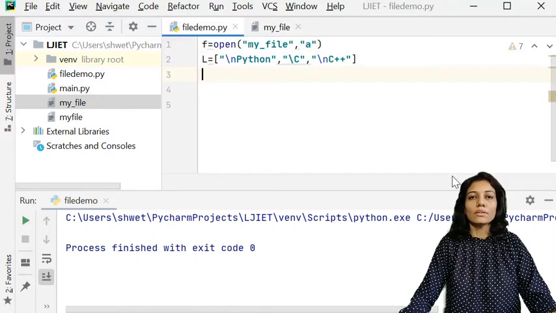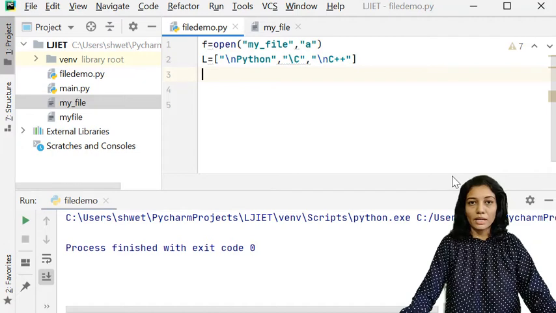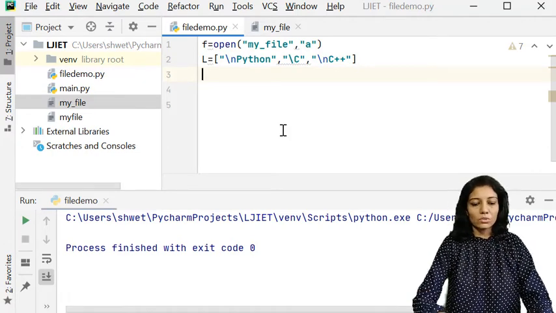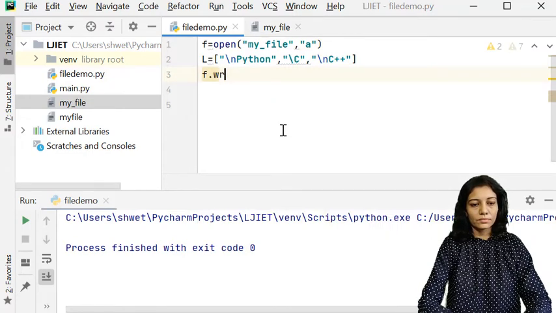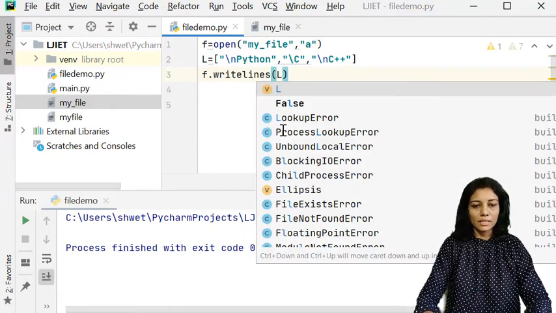Here I want to write this list, which is containing 3 strings, into a file. I can use the writelines function of Python. So I'll be using writelines, and within that I'll be passing this list.